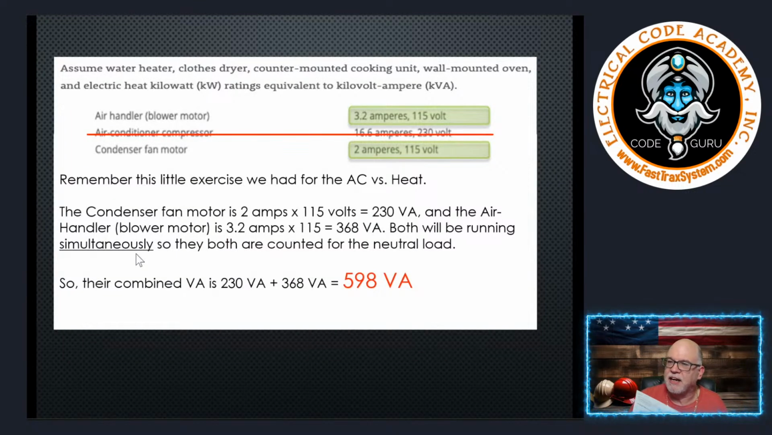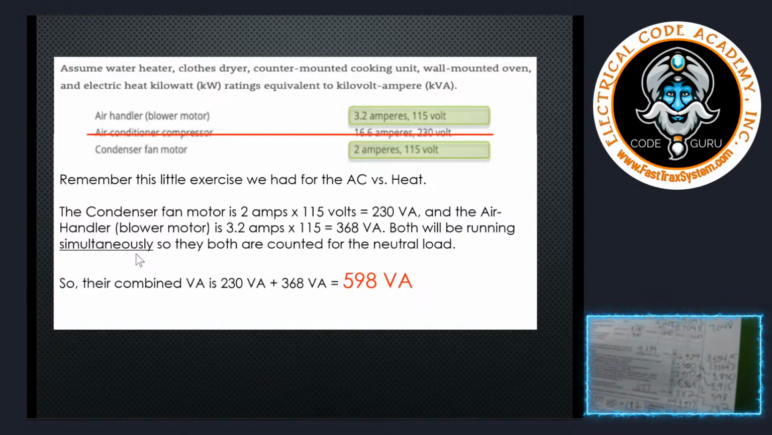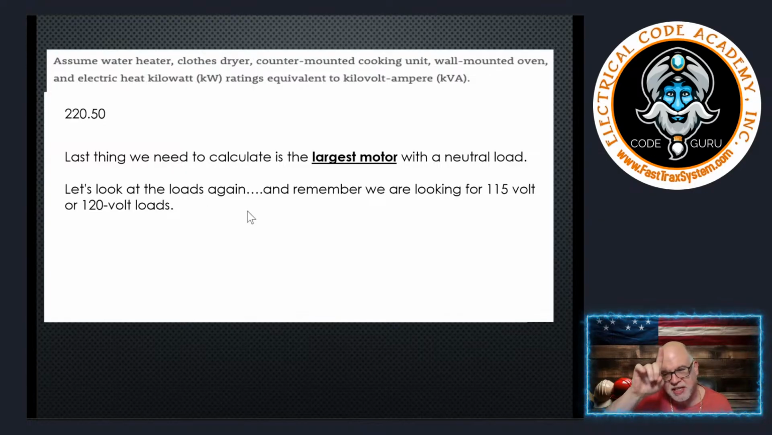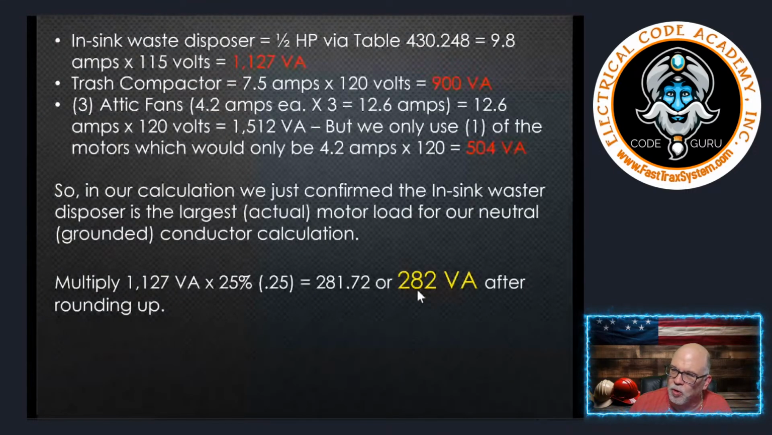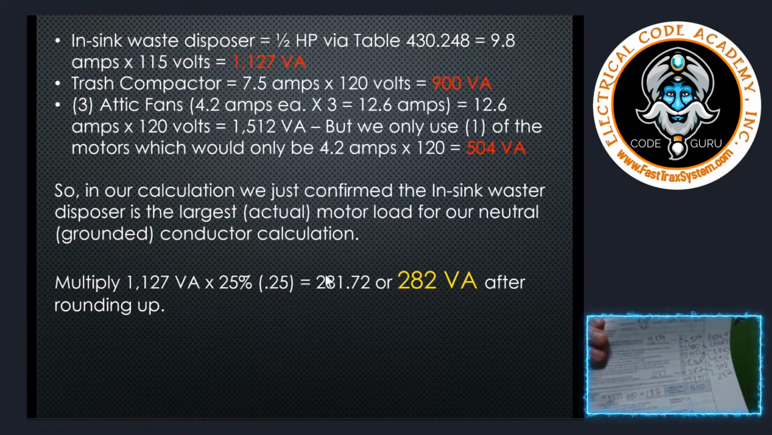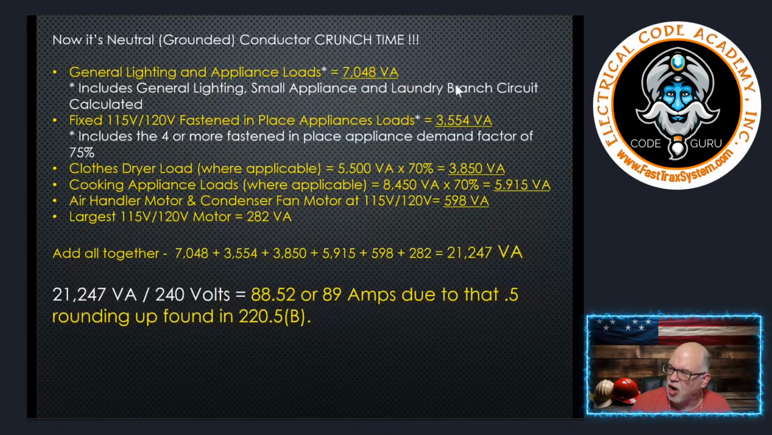And there's the air handler and the condensing fan, the 585. As you can see, that's what we got down there. You can see it under that 5915. Check. And that largest motor that we still have to take into consideration, don't forget that. We looked at it all, and again, it still was the same situation when it came to neutrals. The largest motor was that same thing as before, that in-sink waste disposer. That's where that 282 came from. And as you can see, that is our value down there. So when it comes to the neutral, we're adding all of these neutral loads up. As you can see, we added everything up here, and that was